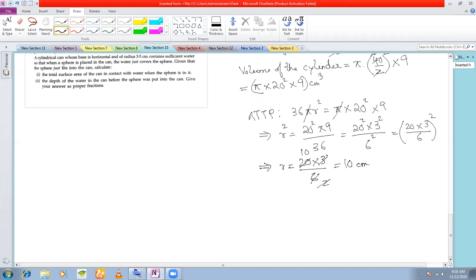Whenever two volumes are given to be equal, don't put the value of pi, because pi will cancel later on. And as in normal problems also, try to put the value of pi later, at last. That will reduce your calculation. Otherwise, you'll take longer, and chances of making mistakes are also high.